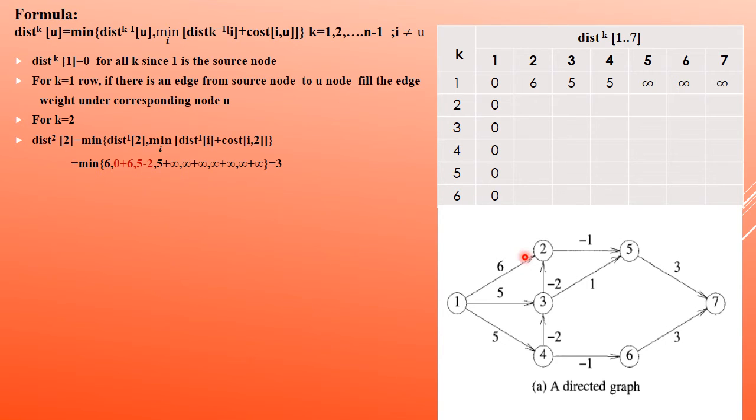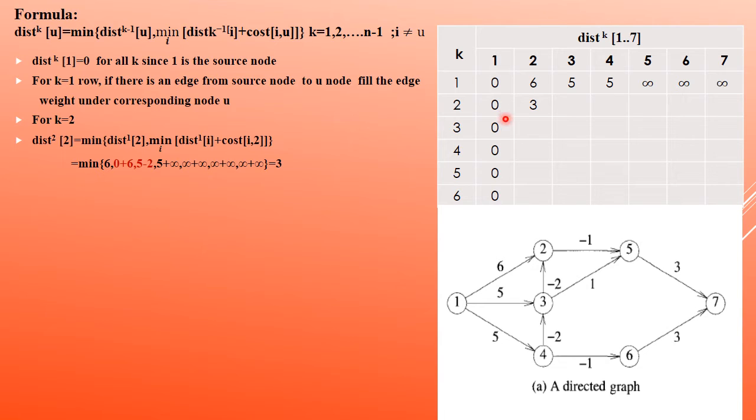Node 1 is done, third node done, then the fourth node. From the fourth node to the second node there is no edge, so that's infinity. The fourth node's earlier distance is 5, so 5 plus infinity; anything you add to infinity is infinity. And after that the previous distances are infinity, infinity, infinity, so these values you are going to get as infinity. Among the new distances, the minimum value is 3, so the minimum of 6 and 3 will be equal to 3. This is all you have to find.